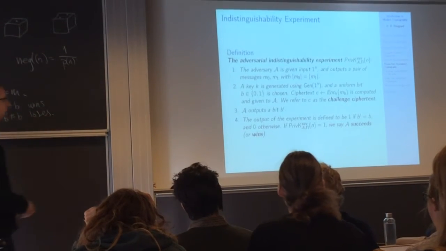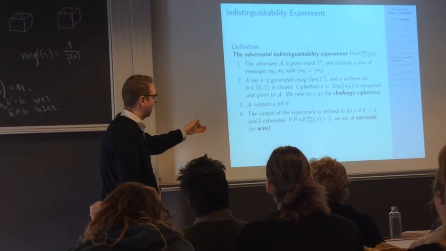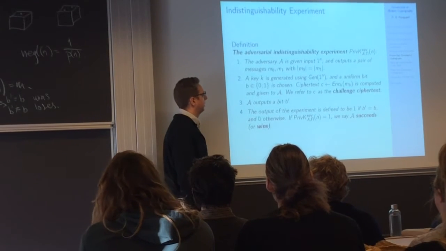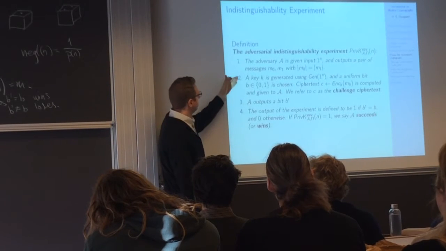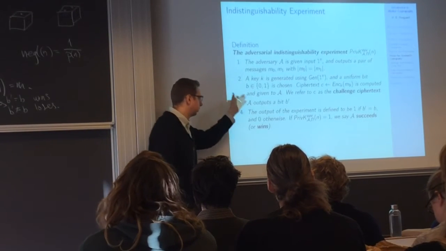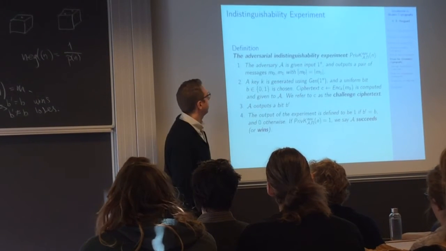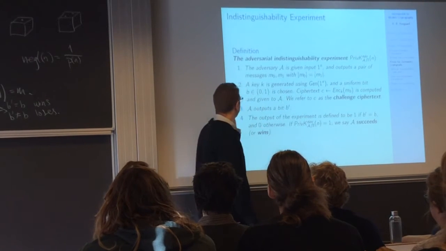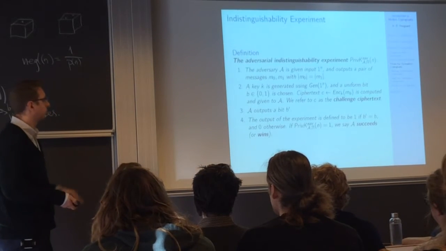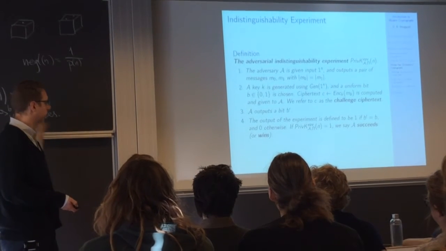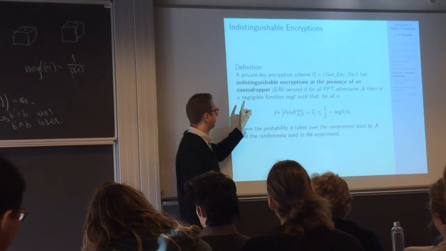Okay. Right. So this is the corresponding experiment, and it's the exact same. We have two messages of equal length again, and we basically generate a key, and then this random bit, I forgot, well, I write uniform, so it's random. And the ciphertext is computed, same thing, same experiment, and we also say A succeeds and loses in the same cases. Okay? But here is where it differs.